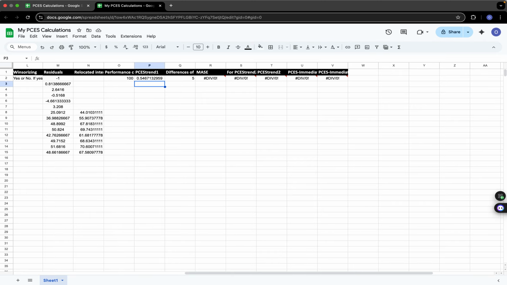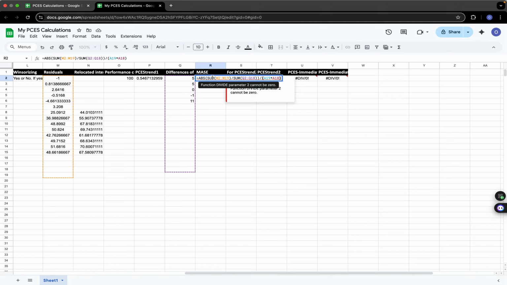In step 15, to calculate the PCEStrend 2 value as offered in Formula 2 for PCS in the appendix of the technical report, we need to calculate the mean absolute credit error. For this, first, we run the formula on the difference of baseline scores to get the difference of subsequent baseline values. I am dragging the bottom right corner of the first calculated value cell down to the rows just before the last baseline data point. Okay. Then now I can obtain the MAZE value,